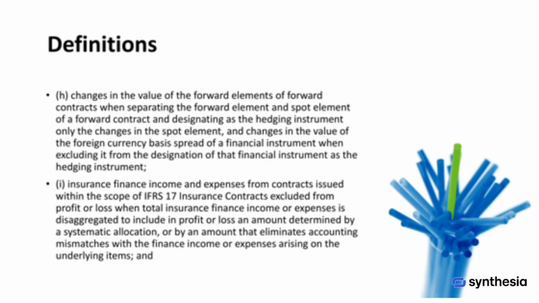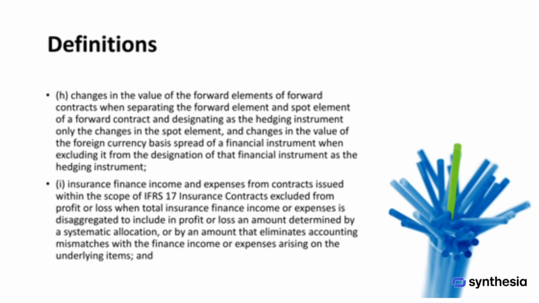Other comprehensive income also captures changes in the value of the forward elements of forward contracts when these elements are separated from the spot element and only the changes in the spot element are designated as the hedging instrument. Additionally, fluctuations in the foreign currency basis spread of a financial instrument when excluded from the hedging designation are reflected